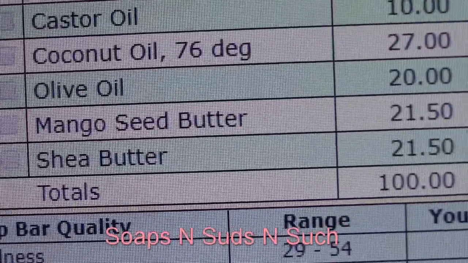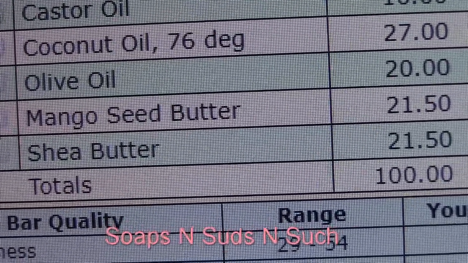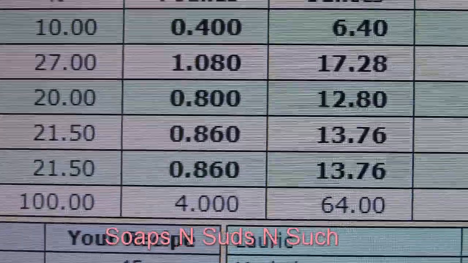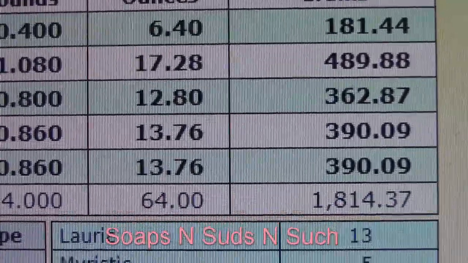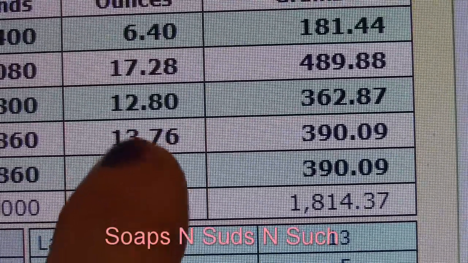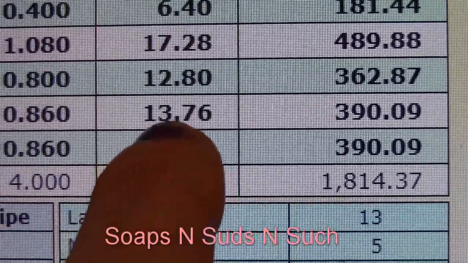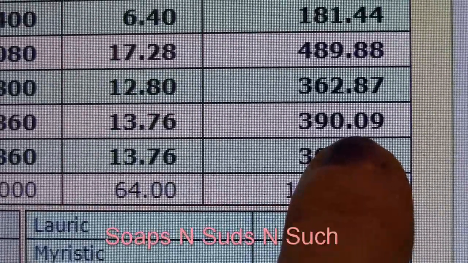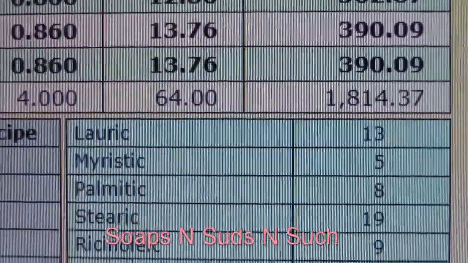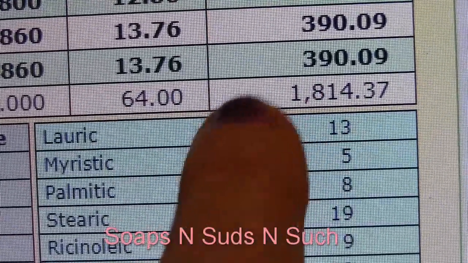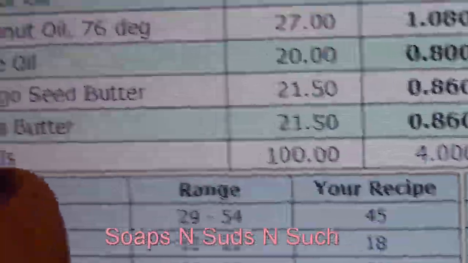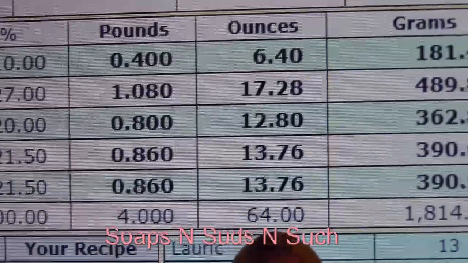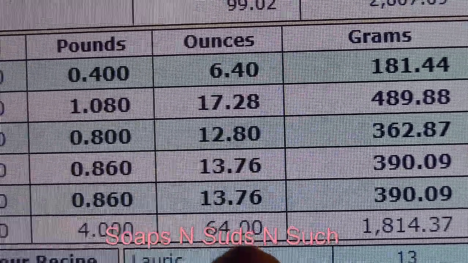Then we've got our mango seed butter and our shea butter, which we use the same percentage. You see there we use 21.5% of each. There's our pounds, and here are our ounces. So for each of these, our mango and our shea butter, we would use 14 ounces of each, or 390 grams of each. This is our total oils. Our percentage equals 100, and then there's in pounds, which is 4 pounds of oils,